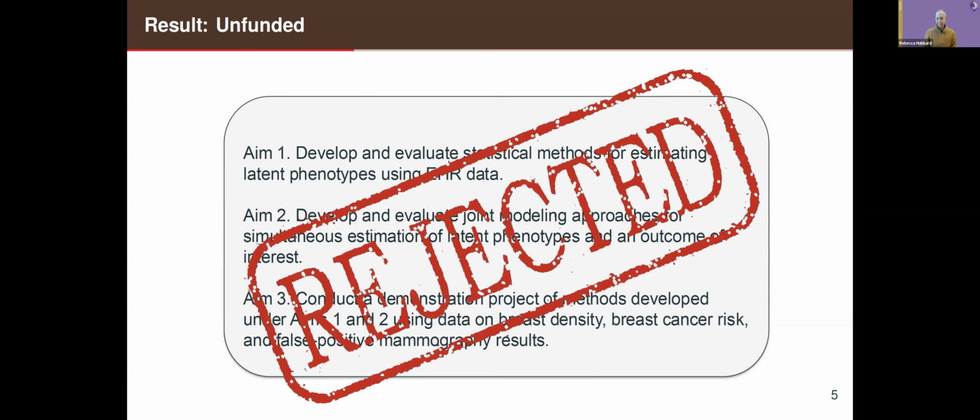So the review committee did not like that at all. They were very unenthusiastic about it. They were very skeptical of the potential for using a complex statistical algorithm to derive these phenotypes and then incorporating it into breast cancer risk models. They were like, will clinicians be able to do this in the clinic? Will anybody understand it? Is this sufficiently transparent that stakeholders would trust these methods?